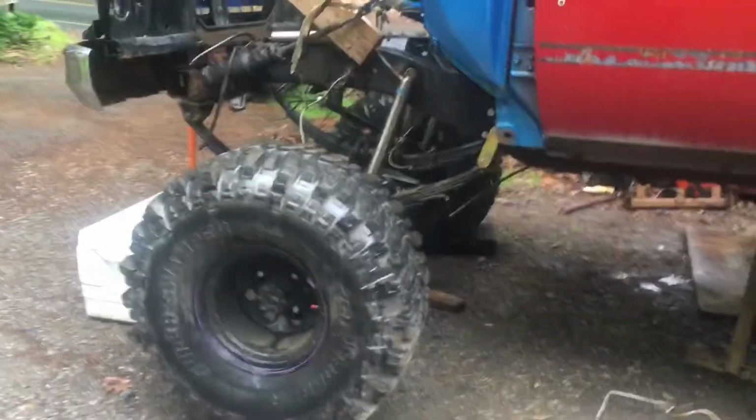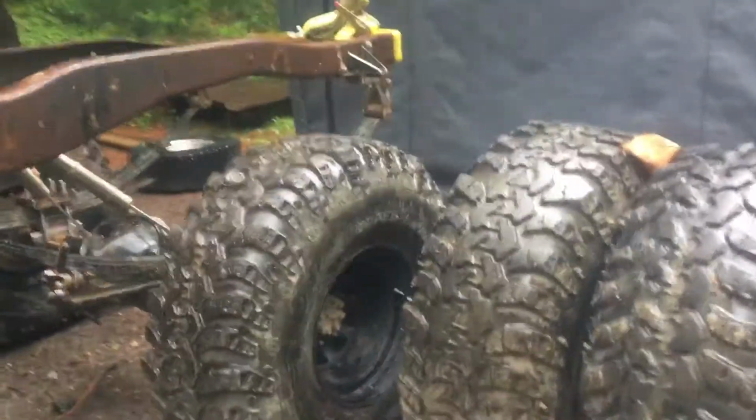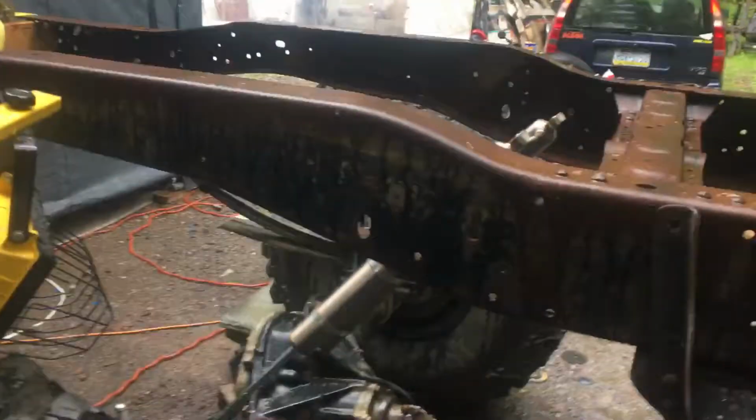Threw my friend's 40s on the front to help level the truck out. The jack stands here. The frame has been cut. It is shortened. I started welding it last night until it got dark. Made sure everything was square and straight before I started. But the way I went about doing this is I